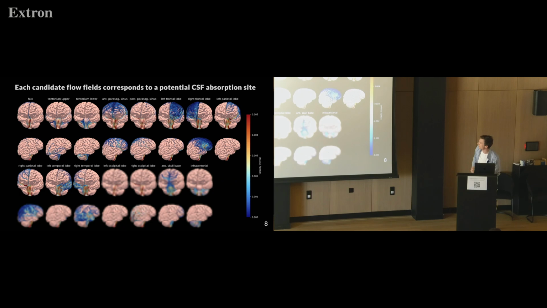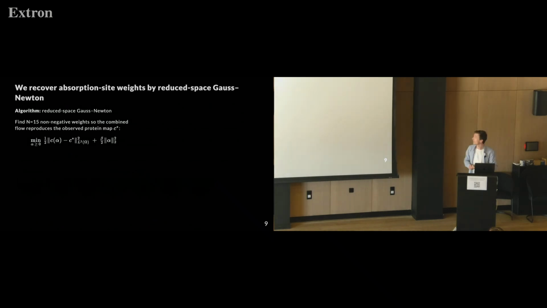This is surprisingly blurry at the bottom, but yeah, I think you see all the other flow fields. And then we go on to actually solve this problem. And we use a Gauss-Newton approach to solve this PDE-constrained optimization problem, where we try to infer these coefficients of